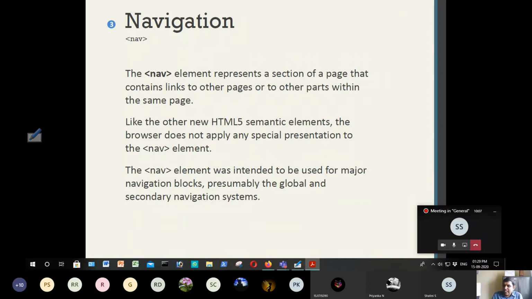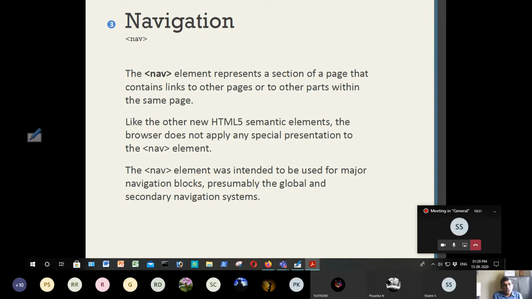That means it is not a presentation tag. That means if you use something like nav element, nothing special presentation is used by your browser. So whatever the contents is there in nav is similar to normal text, but only the nav element clearly tells to which page or to which location we should navigate.